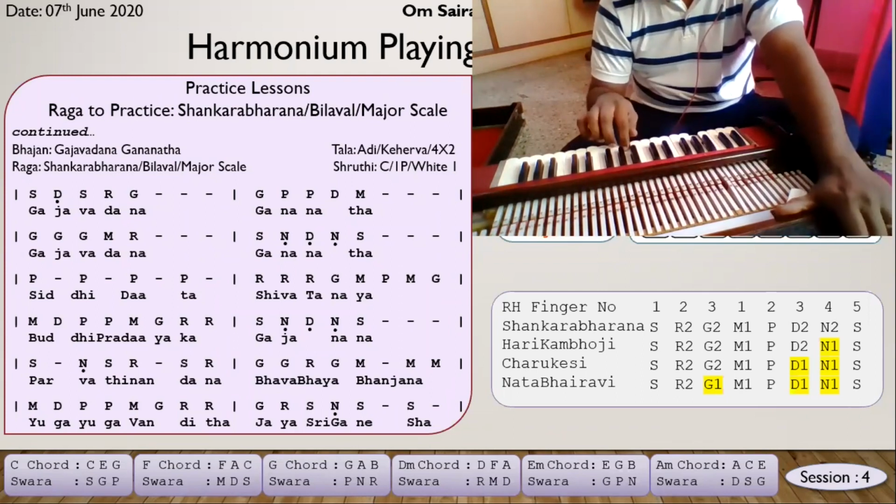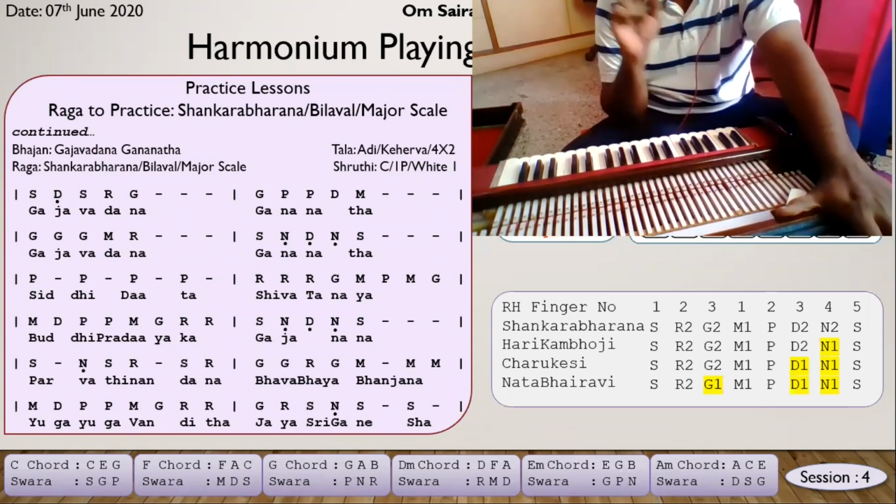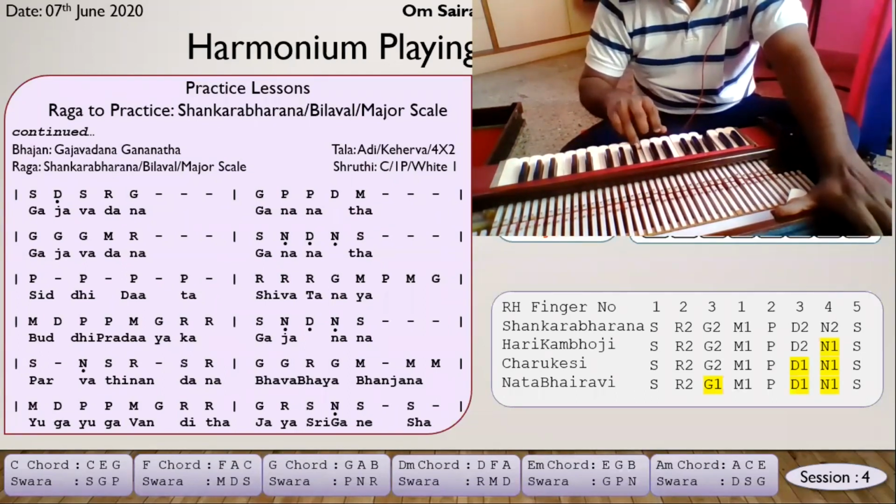Mada papa magari re. So again, we'll go to the last. Sa ni sari sari gari ga ma ma. So gari ga gari ga ma ma ma. We'll play that and then connect it. Ga gari ga ma ma ma. Then mada papa magari re.